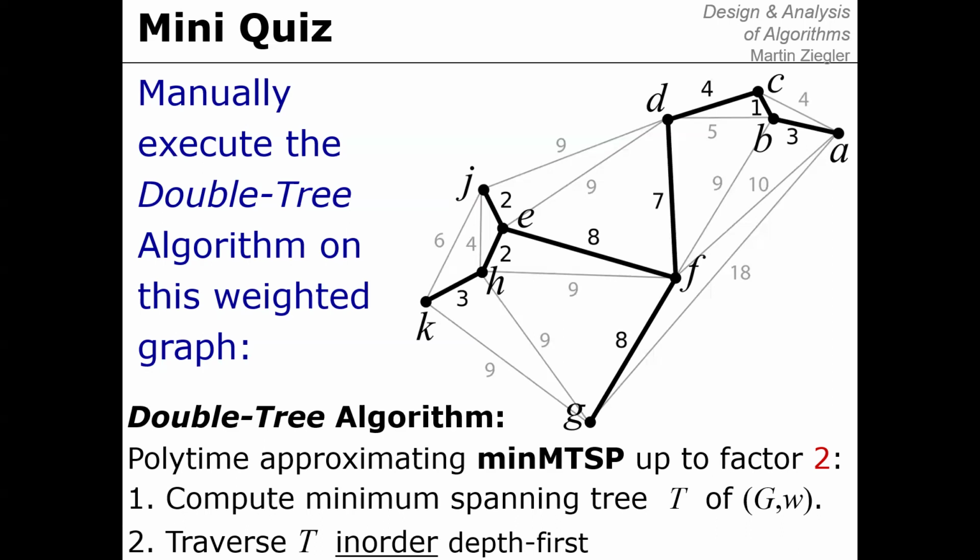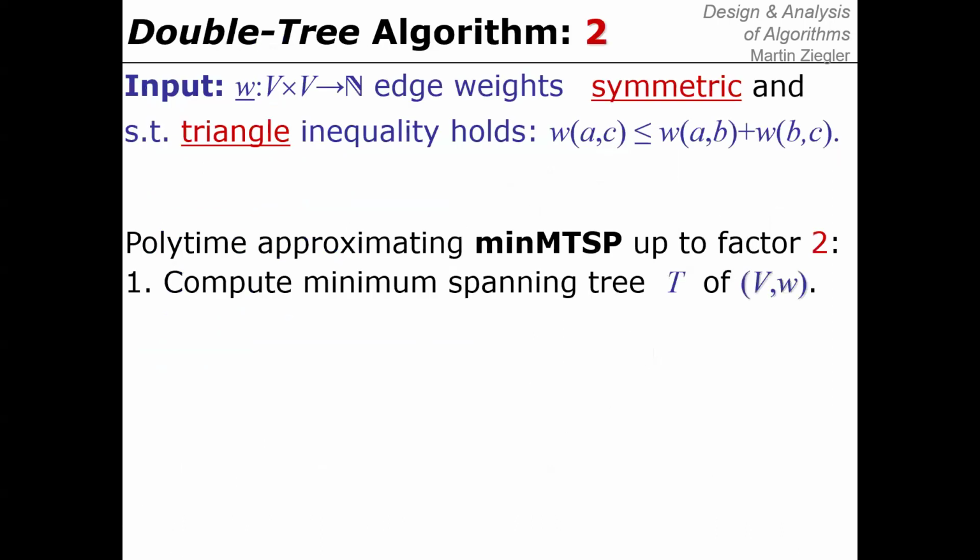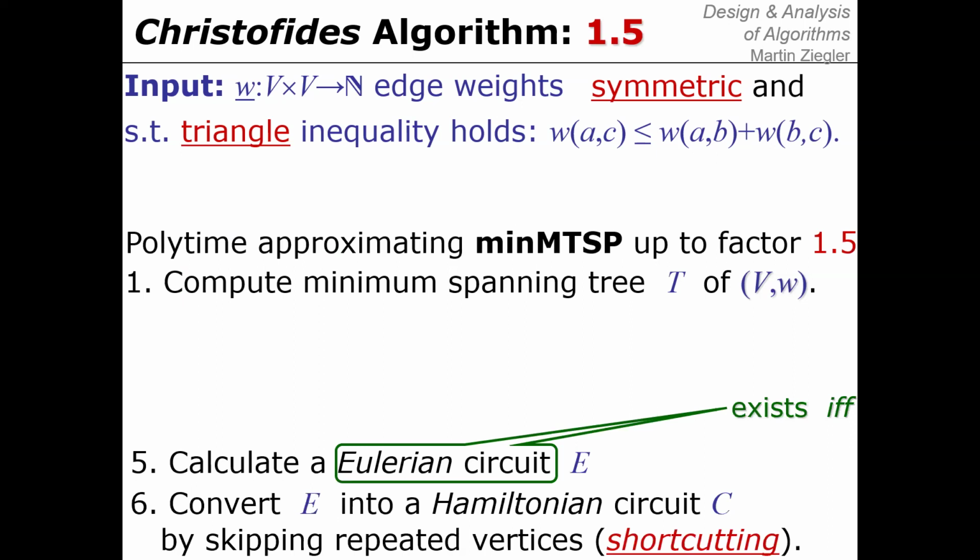So that was the double tree algorithm with a guaranteed approximation factor of 2. And then we improved that. Well, not we, but Nikos Christofides had improved that, also starting with a minimum spanning tree, but then adding some further steps to achieve guaranteed approximation factor 1.5. So in the end, it also uses shortcutting, calculating a Eulerian circuit, which we know can be done in polynomial time,